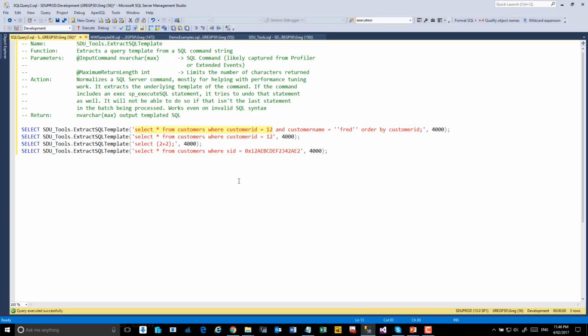A special additional capability of this is that this statement understands a fair degree of SPExecute statements. In many cases, you'll find that underlying frameworks that people have used for development use SPExecute instead of executing a command directly. In that case, the command is a parameter to SPExecute, and so we need to recognize that that's the scenario and pull those commands out and then process it as well separately, rather than just ending up with a list that says SPExecute was executed an enormous number of times, but without having any detail of which query